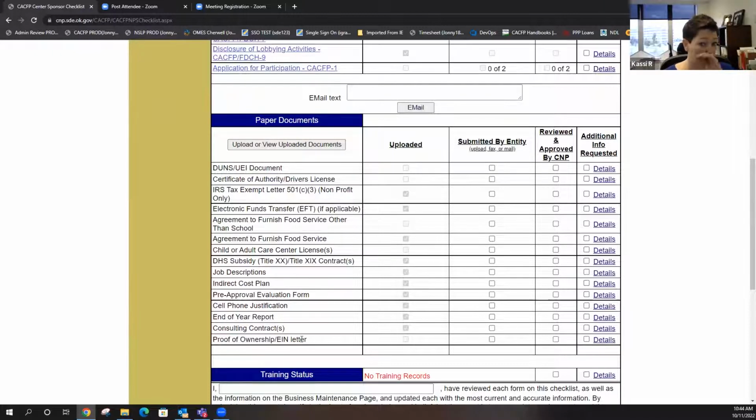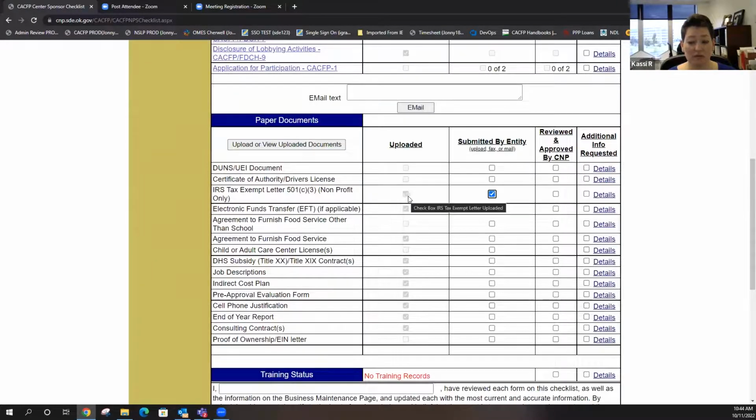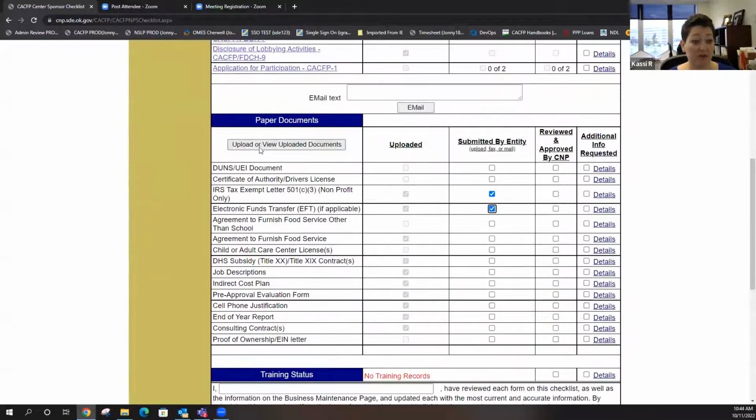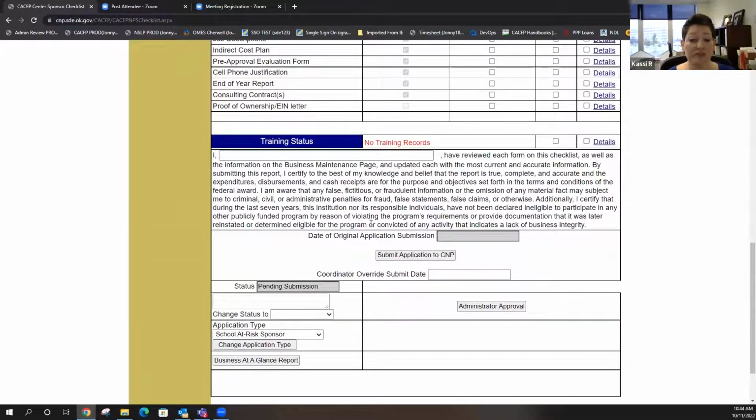Okay, so after you get all your forms done, you have to make sure all your forms and everything, your uploaded documents are correct. We do have a couple weird glitches, like Debbie, you mentioned earlier, it's telling you have to check something and you don't really have it. Remember to email me, but you should only have to put check marks on these things that are truly uploaded and required. So you've got to check all these after you verified in here that they're correct. And it won't let you submit until you say, yep, I've got that document submitted. And then once you've clicked all those, you come down here and we added this.